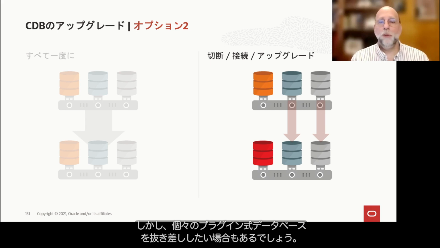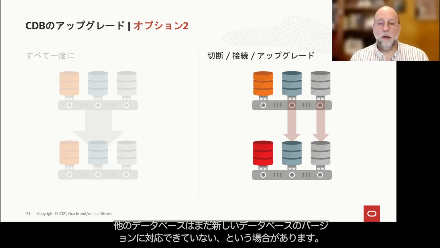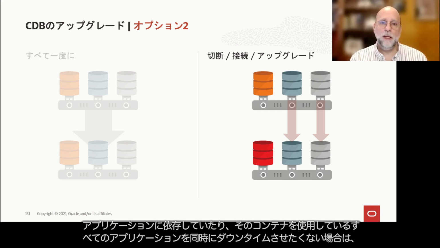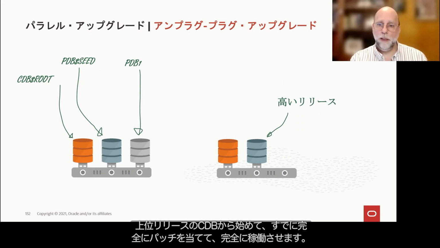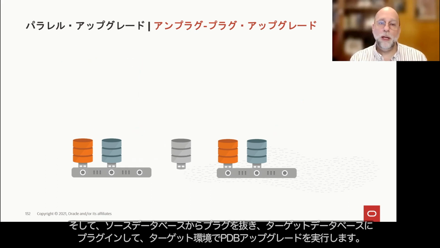But there might be times when you want to unplug and plug individual pluggable databases. Why would you want to do that? Well, maybe you've got one database that is ready to move up, and the rest of the databases aren't ready for the new database version yet. Maybe they've got application dependencies, or you just don't get downtime at the same time for every application that uses that container. What you would do in that case is start with a CDB that's at the higher release already, fully patched, fully up and running. Then from your source database, we would unplug, plug into the target database,